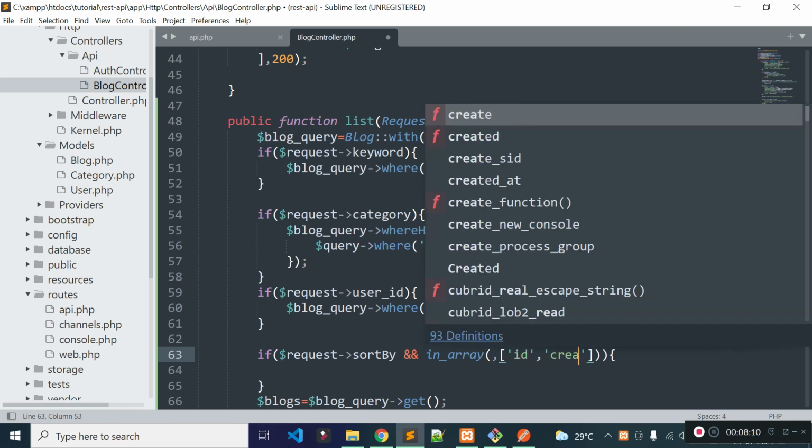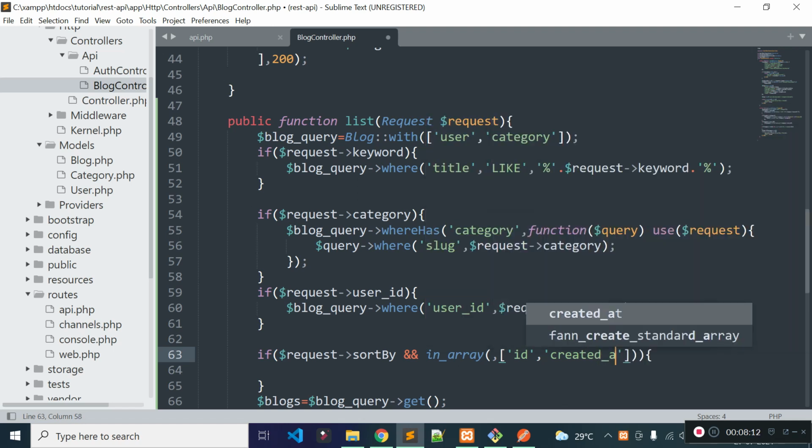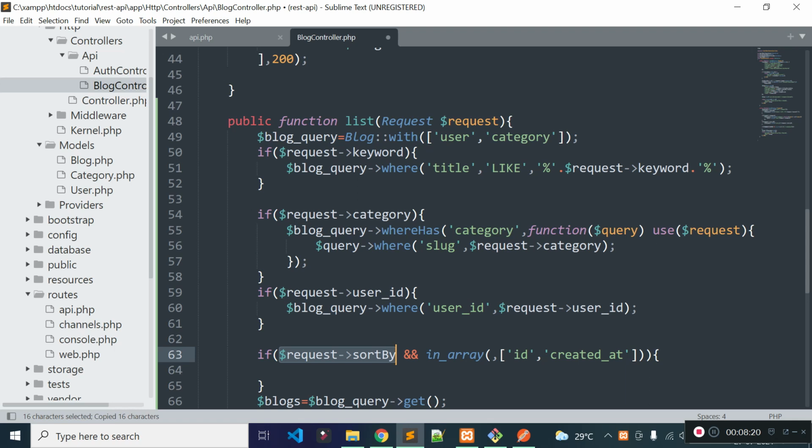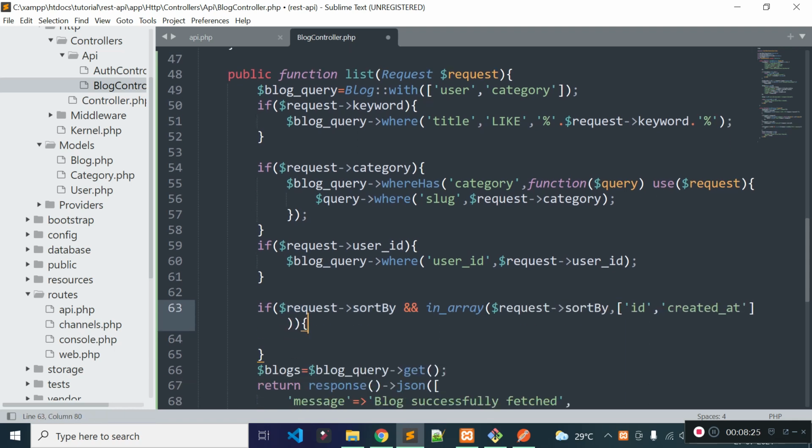Right now we are adding sort functionalities with id and created at fields. Later on we will add sort functionalities with comment counts and like counts fields. Right now we don't have comments and likes functionalities. I will add this later.